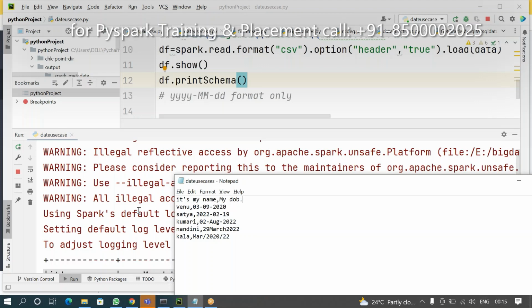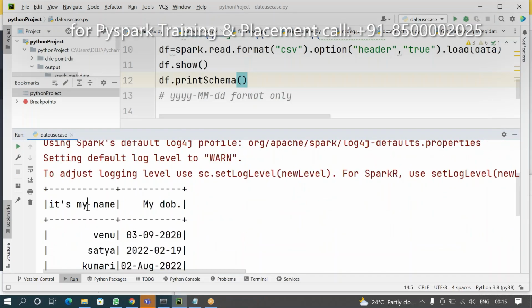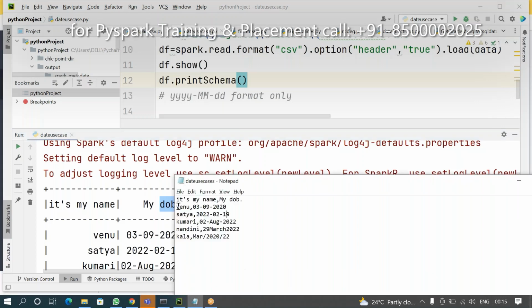Special characters you have. Okay, now please check. It's my name, my date of birth, dot. Otherwise, birth or slash, either birth or date of birth.